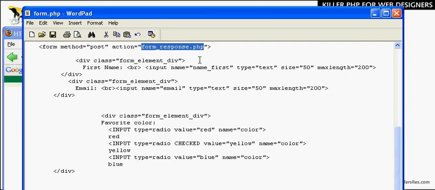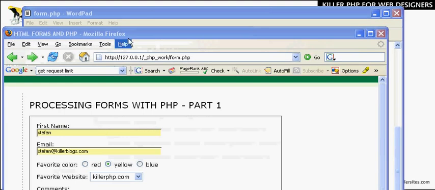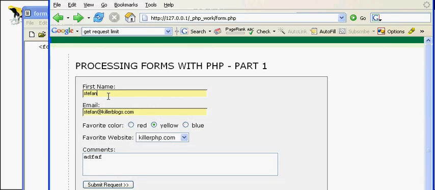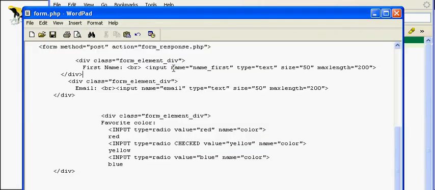It's a PHP script. The other thing I want to cover about forms is the name attribute of the various input tags. Again, I assume that you understand forms. So you got your text input fields here, you got your radio input fields, you got your select box input field, etc. In each of these input fields, there's a name attribute. The name attribute is what the PHP script looks for when it's trying to determine what information is coming from the form. So it's very important that you fill in your name attribute for each of your inputs in the